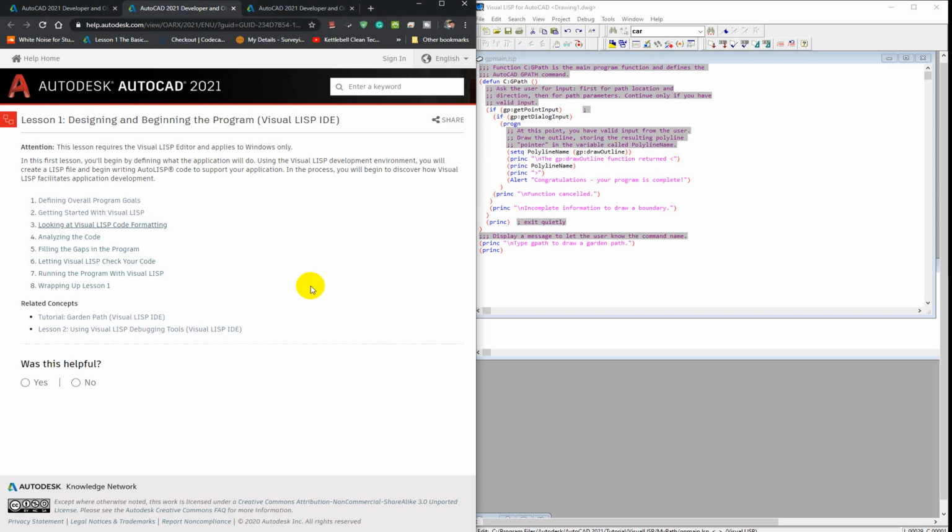So now we finish that. You're going to close it and we get back to the third part, which is looking at Visual Lisp code formatting. So I think in order to make the clip short, I'm going to make it here as